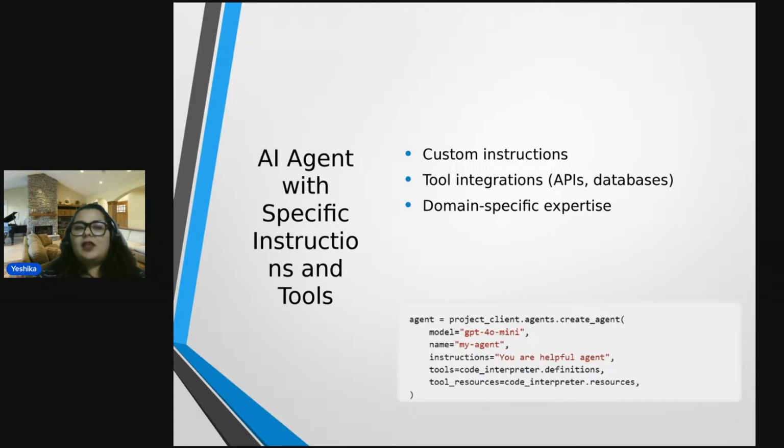Here they have taken a very precise instruction: you are a helpful agent. Whatever request you get, you should respond in a mannerly way, like, yes, how can I help you? That is the interpretive definition these instructions usually have. That's why I mentioned, while creating your agents, you have to be under a code of ethics.